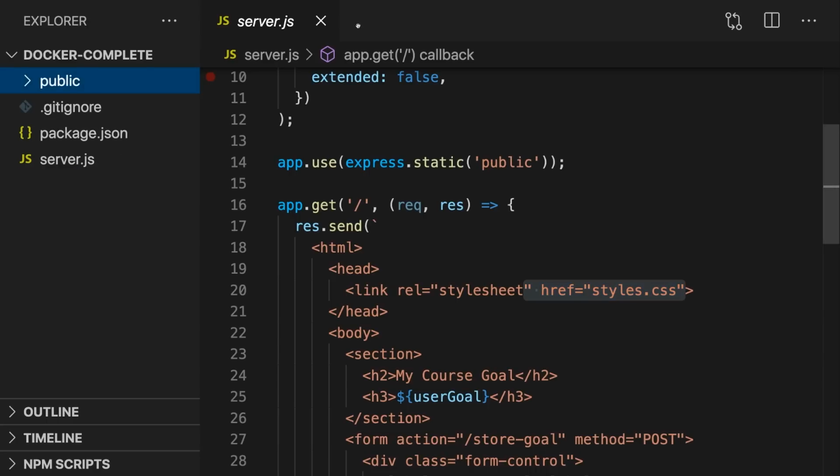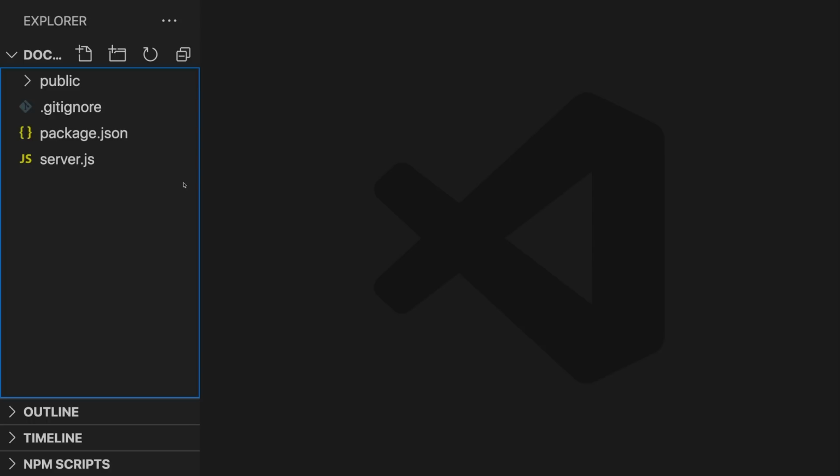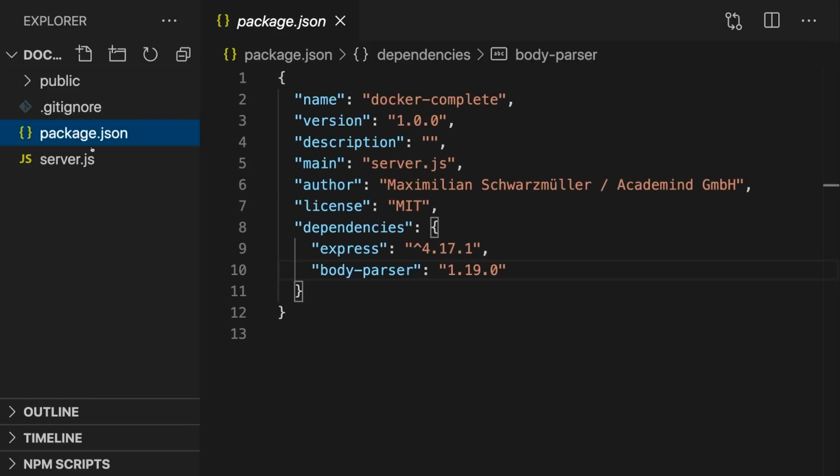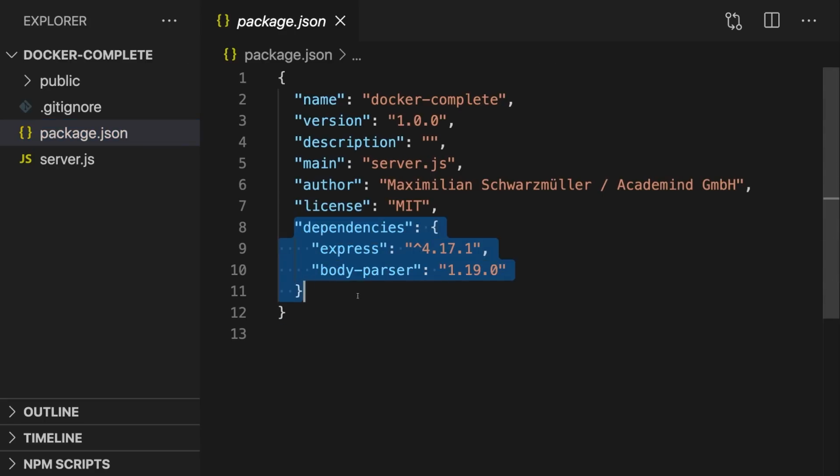But then, probably the more important other key thing we have here is the package.json file. Here, we describe this Node application, and that is a Node exclusive concept. It has nothing to do with Docker, this package.json file. But here we tell Node which dependencies we have, which other third-party packages we need to run this Node application. In this case, that's the Express framework, which is a Node.js package we can use in our Node.js applications, and